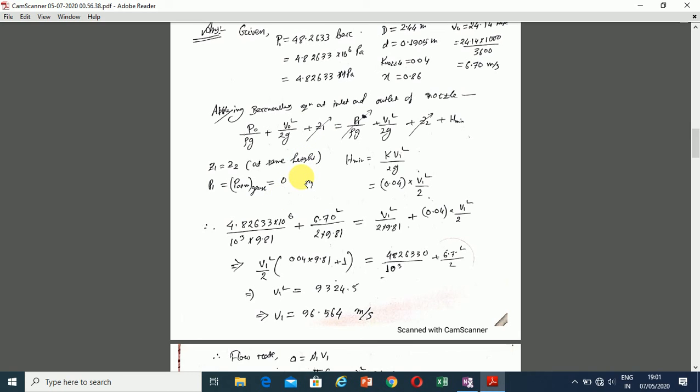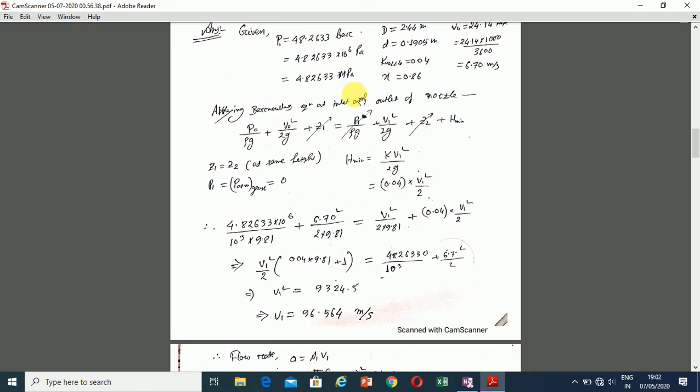In gauge pressure, atmospheric pressure is 0, so P1 is 0, and minor losses we know that is K V1 square by 2g, as K is the nozzle coefficient. We put the value of K, that is 0.04 V1 square by 2g, and from this equation we get